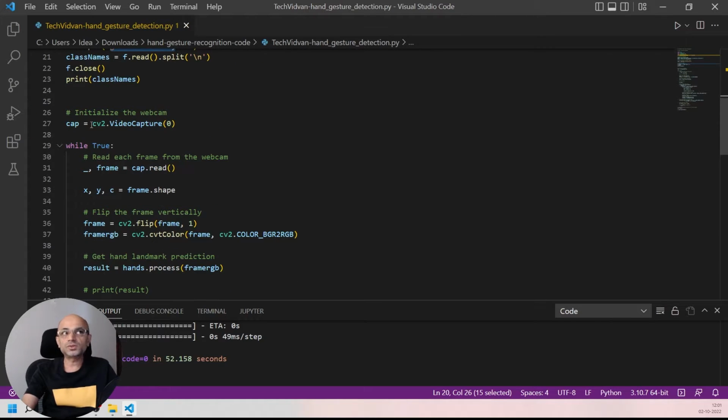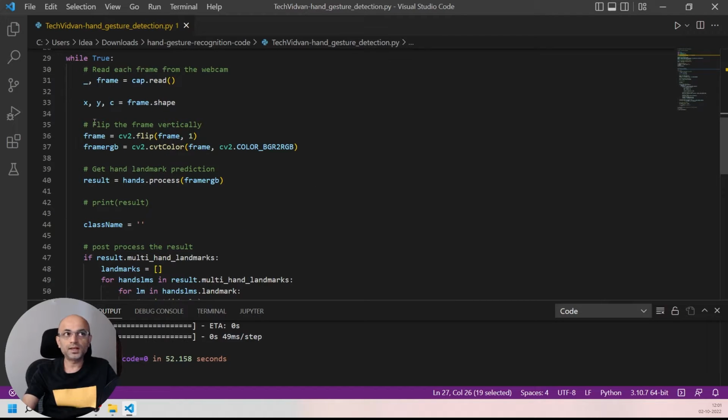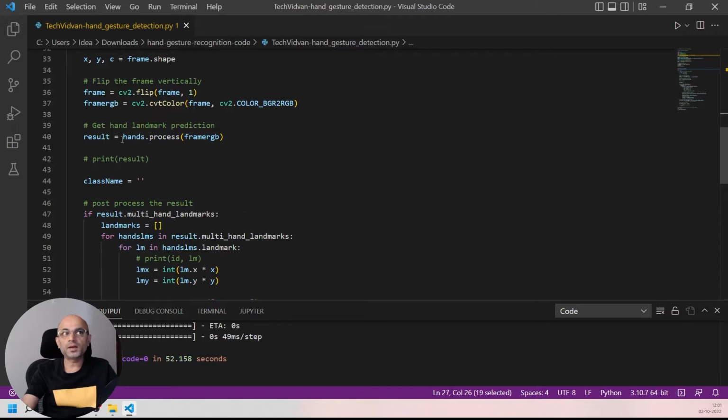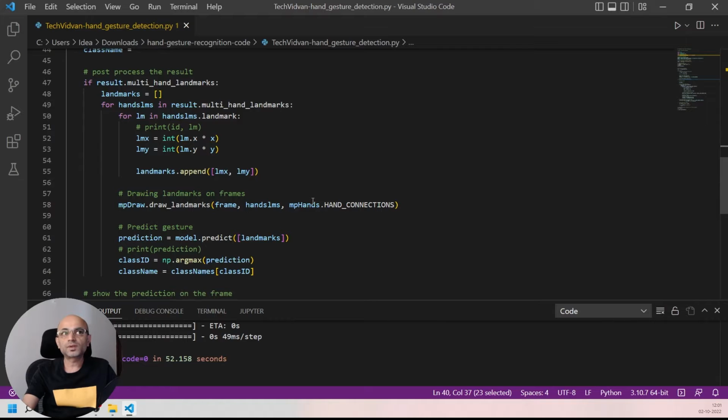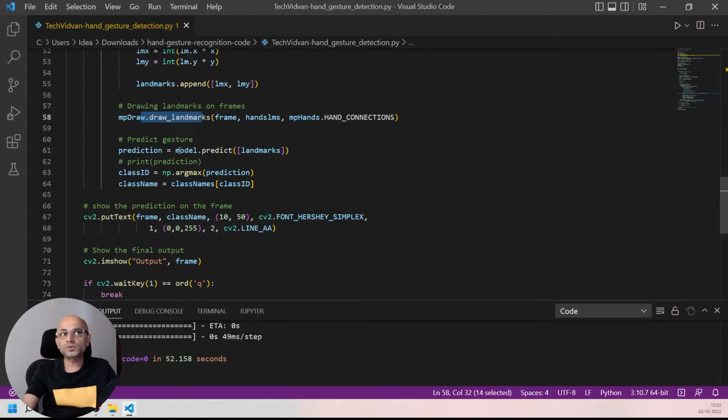And it will just use the OpenCV API to capture from the webcam, read the frame, and use MediaPipe to process it to find a result, find the landmarks for the hand and draw them, and use the model that we loaded to predict a gesture based on the landmarks.